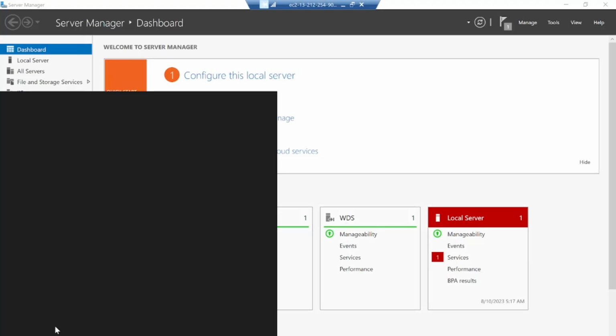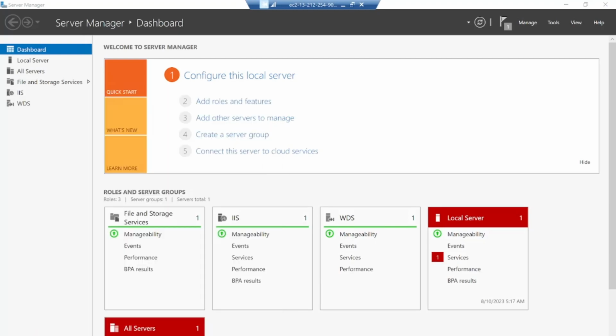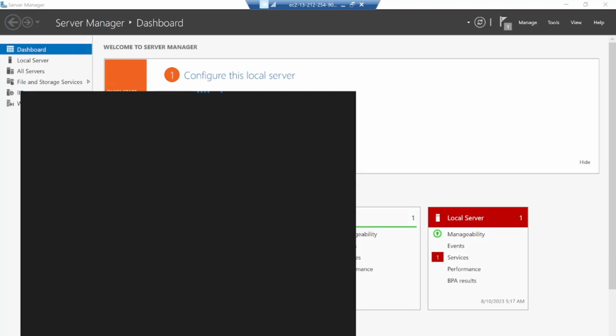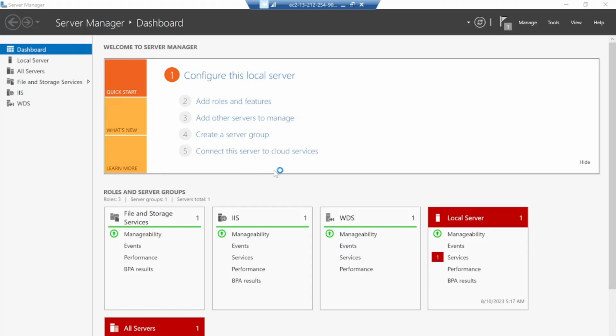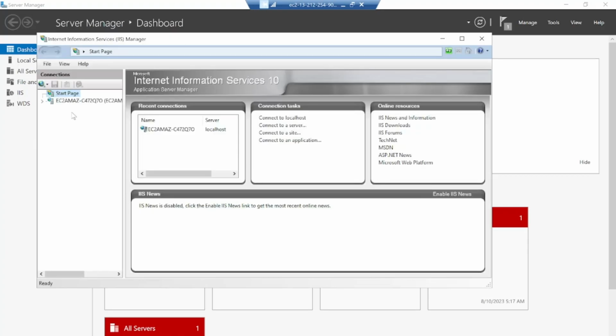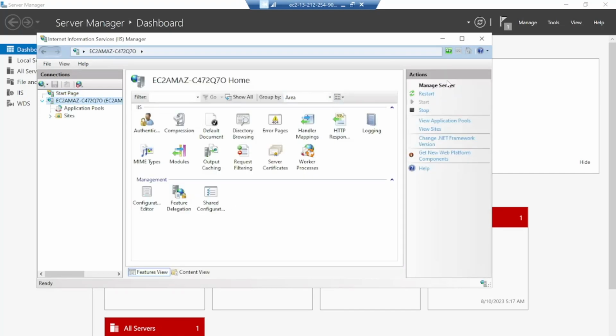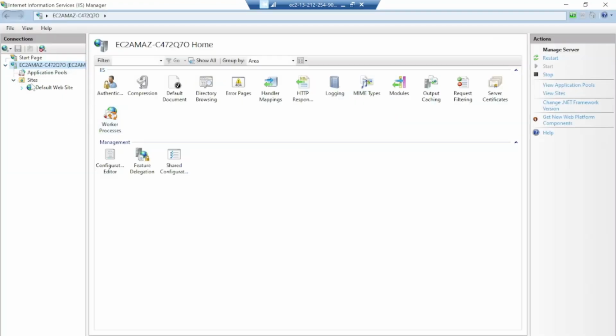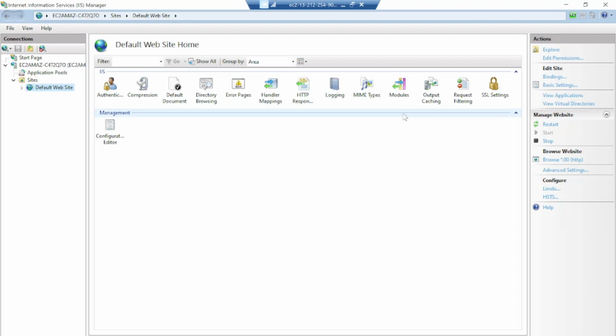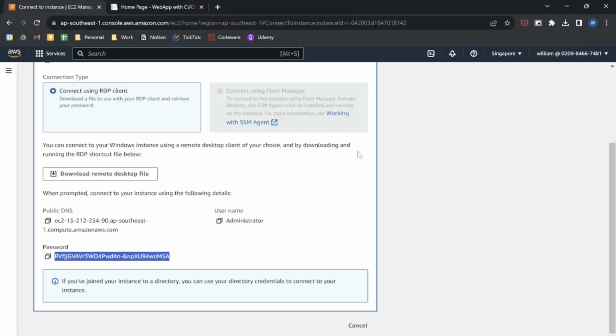I think we should already have the IIS here. Let's search for it. IIS. Okay, we already have the IIS manager here. And we already have some default site, I think, yes. Now we can try to access this web page